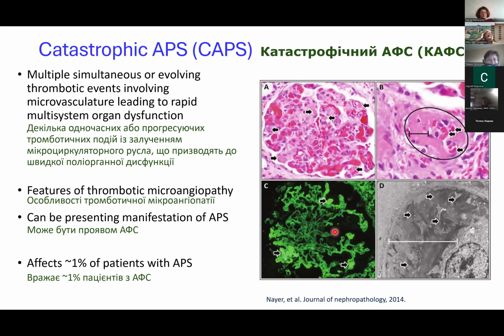So now let's move on to catastrophic antiphospholipid syndrome, or CAPS. So this is a really devastating disease that I've probably seen 5 or 6 times in 20 years. And it's a really scary development of multi-organ dysfunction and clots. So the patient often will present with acute renal failure, and this is a